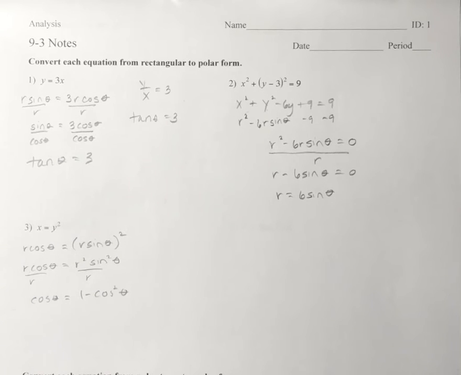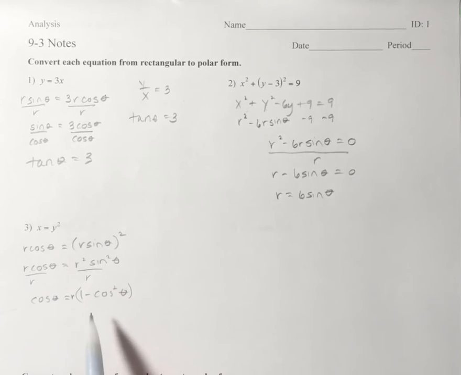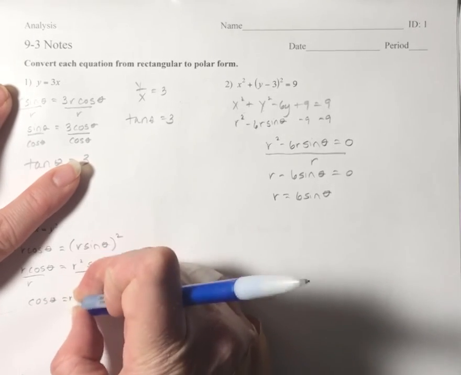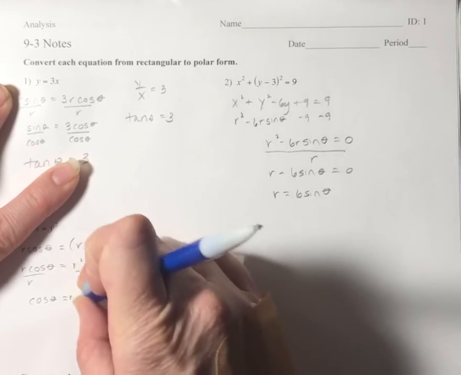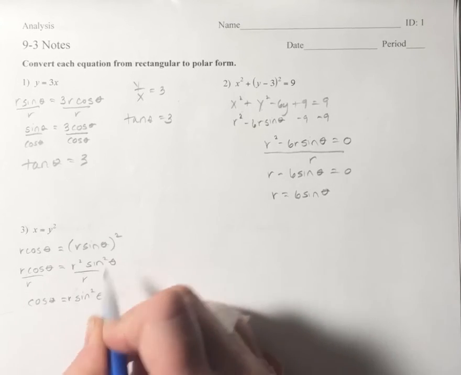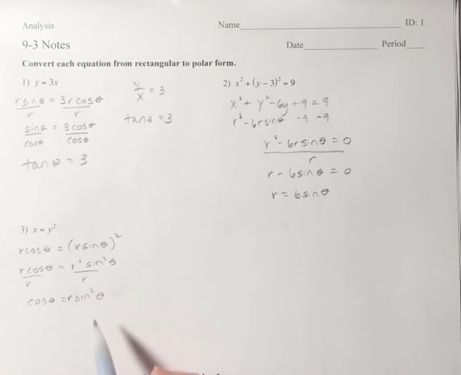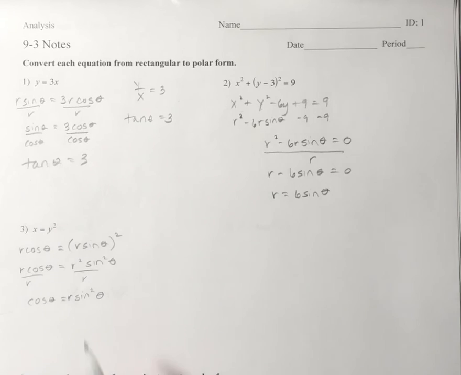And then times r. Can't forget that r. I'm going to divide, and actually that's not going to help us. Now that I realize that my r is there, just kidding, I'm going to leave this as a sine squared. We want to get r by itself. Sometimes you can replace things. This is not one of the times that you want to do that. Now that I look at it again, if I divide by sine squared,